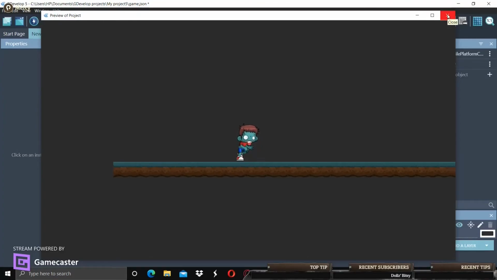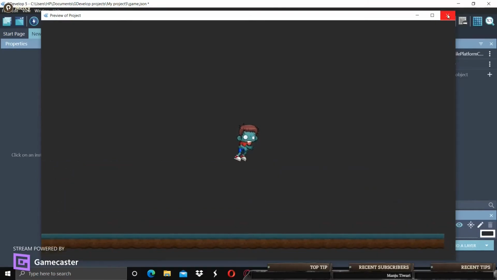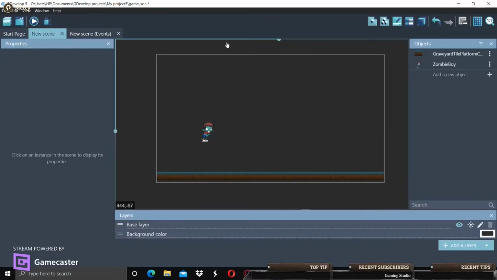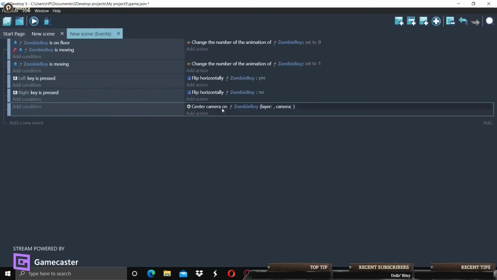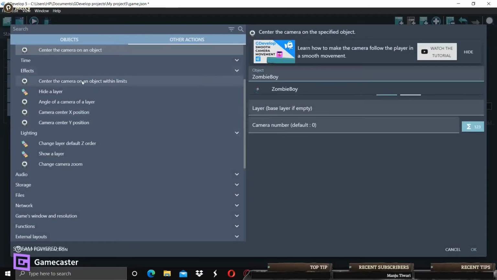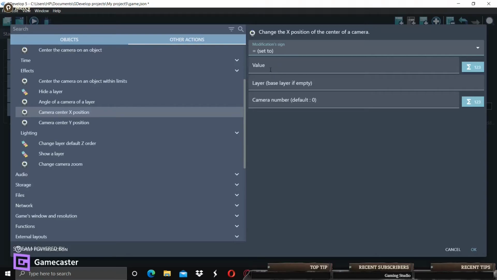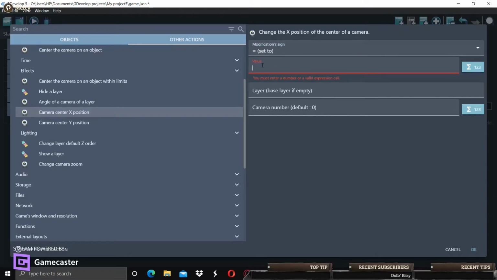Now if you want the camera to follow the character, but not like this, because this is something boring, where the character always remains in the center of the screen. If you want the camera to follow our character after some time, meaning you want some delay in the camera movement, what you can do is change the action from center the camera on an object to center camera center X position, operator set to, and you have to write the function lerp